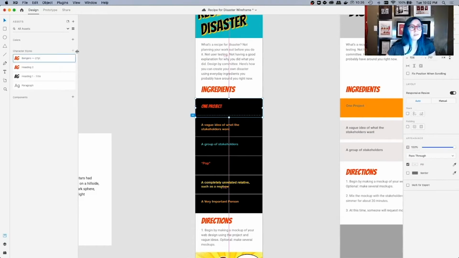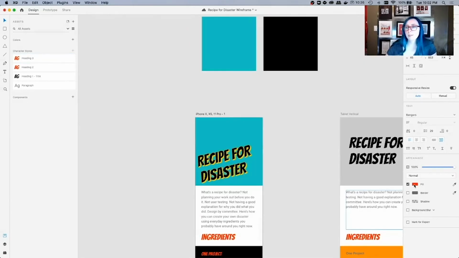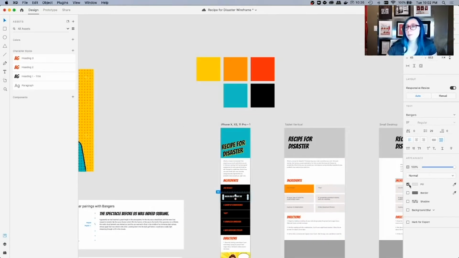All right, so rename, heading 3. You get the idea, right? And we are just going to Apple click and shift click all of these and apply the heading 3. And we did lose the fill on that, which is a little bit of a bummer, but you know what's easy enough to do? Just put it back, right?